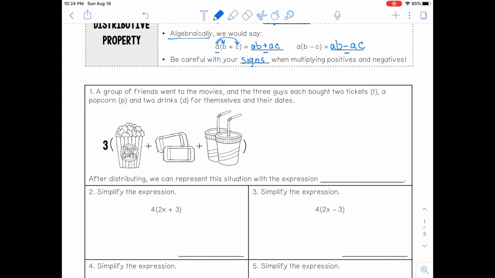That's really important, being careful with the signs. So let's try some examples. A group of friends went to the movies, and the three guys each bought 2 tickets, and we're going to call tickets T, just like we did before, popcorn P, and 2 drinks D for themselves and their dates. After distributing, we can represent the situation with the expression. So here we have our 3 on the outside of the parentheses, and inside the parentheses we have P plus 2T, because there's 2 tickets, plus 2D. So after distributing,